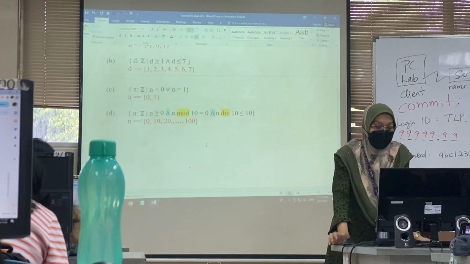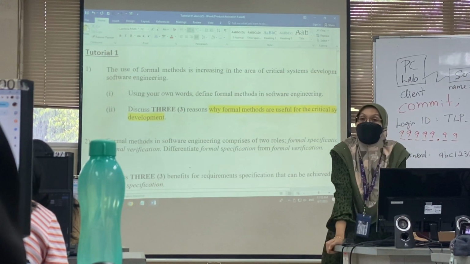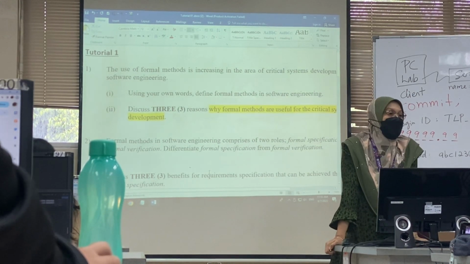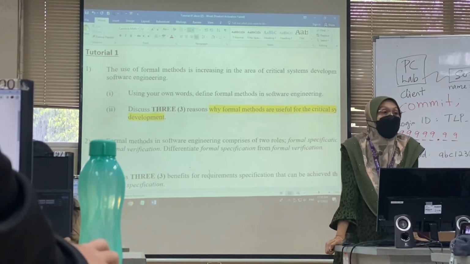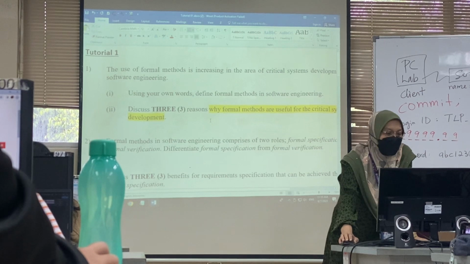Okay, any question? So tutorial 2 actually starts with the Z schema already. So tutorial 1 is only introduction, just for you to understand. So any question? No question? Okay, if no question, we will